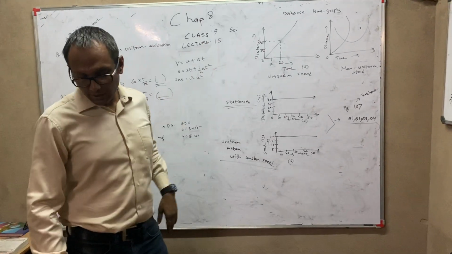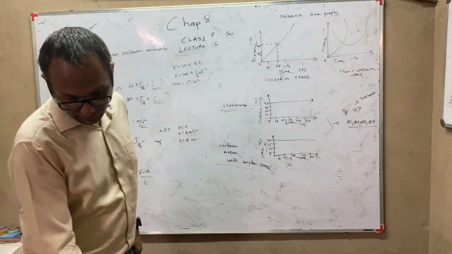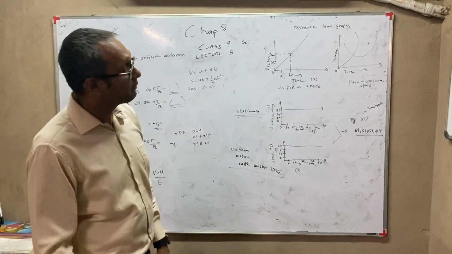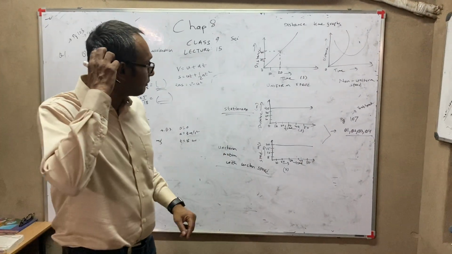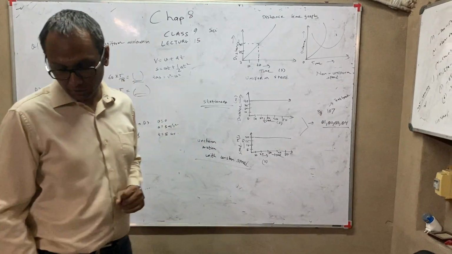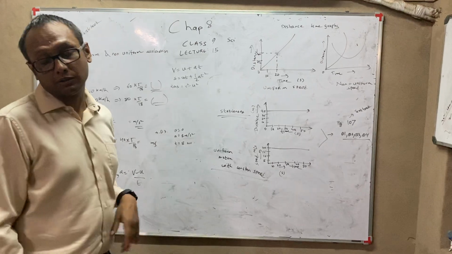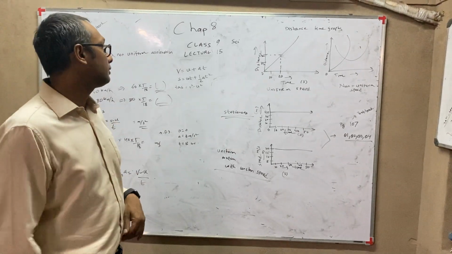So these 3 questions on page 107, and the 3 questions on page 103 will be homework. I will again write them down for you, and I will also be sending some theory. Question number 4 we have not done right now. That we will do later on, after I teach you a few more things, then only we can do that.